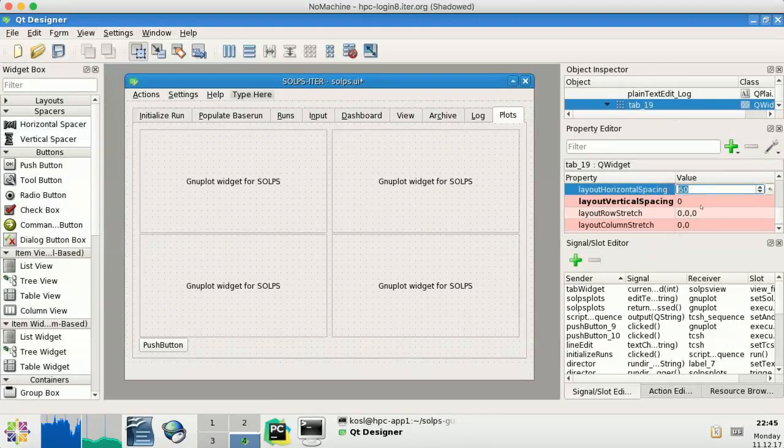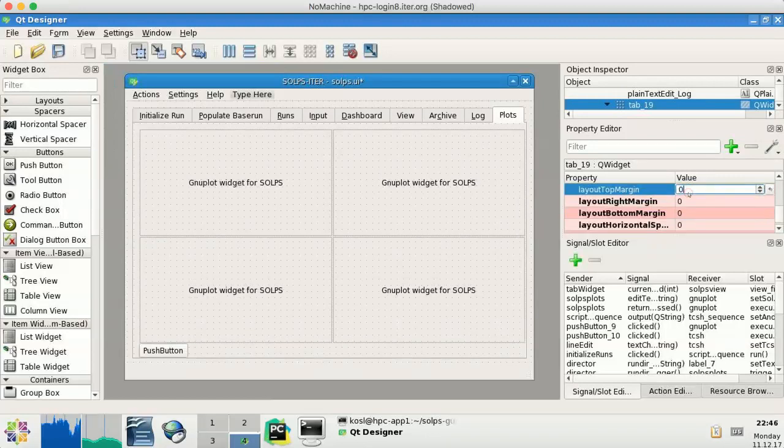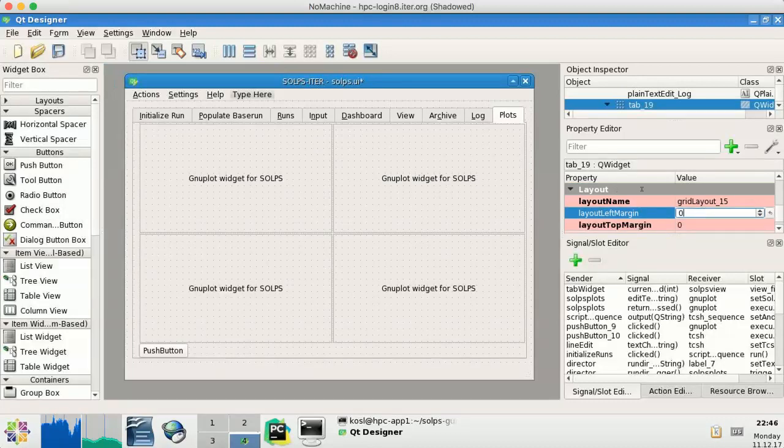As you can see, we will change every non-zero value to 0, which is basically the spacings, the margins, everything has to be 0. With this, we lose the spacings and get some more widget area, which means bigger plots, at least by a few pixels. And let's see if this is, yeah, okay,